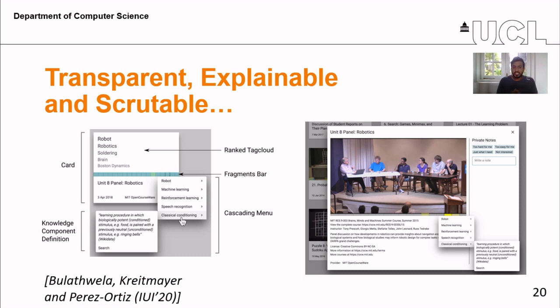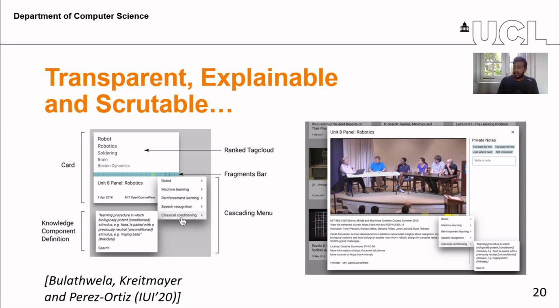scrutinize the recommendation system by providing feedback that can be actively used to shape the AI to correct itself, especially if a particular recommended material is too hard or too difficult for a learner. The learner can explicitly scrutinize the system by using these UI components. And again,